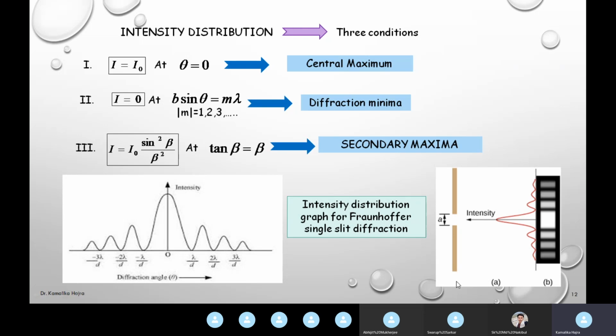And you can now easily relate this to the fact that we do not observe a diffraction pattern all the time. For example, you have a dark room and an open window, so sunlight is coming in. Will you observe a diffraction pattern on the floor? Can someone tell me why we will not observe the diffraction pattern on the floor through this open window? Anyone?